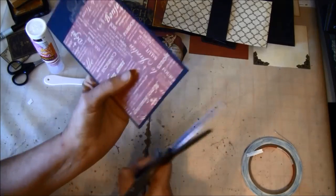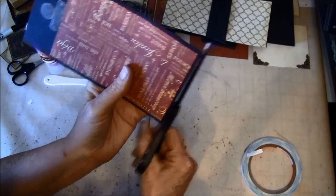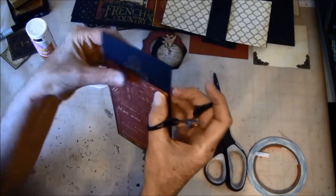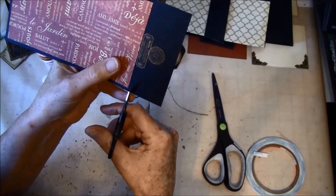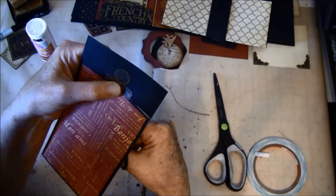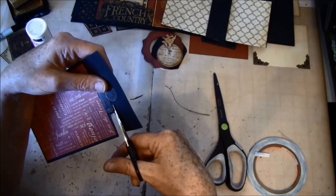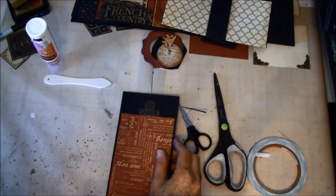So now we can cut around it. And it's also a good idea to wait a bit so the glue can dry, but for the sake of the video I won't do that. You can also always go back later and glue it down if something is loose. So now we cut random around here,